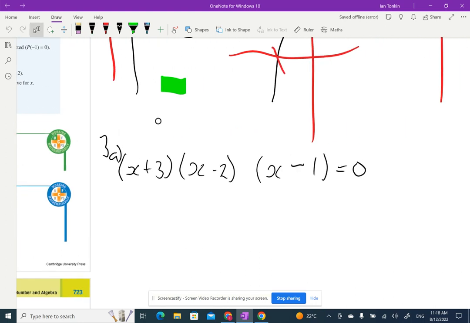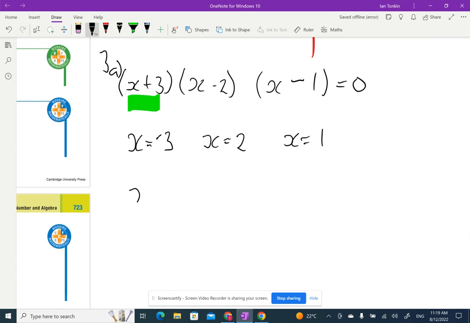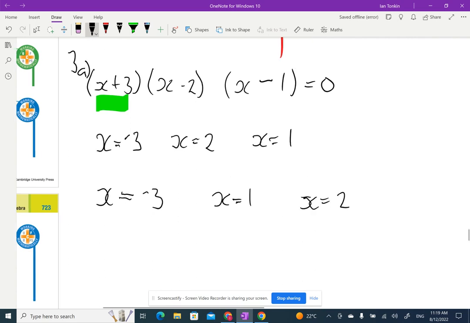So my solutions are, well, what makes that equal 0? Oh, okay, x equals negative 3. And here x equals 2, and here x equals 1. I would write them in order from left to right, so x equals negative 3, x equals 1, x equals 2, because if I was drawing it,